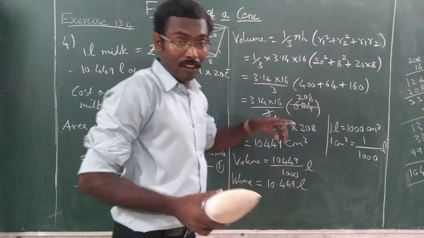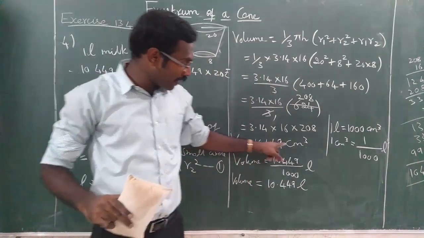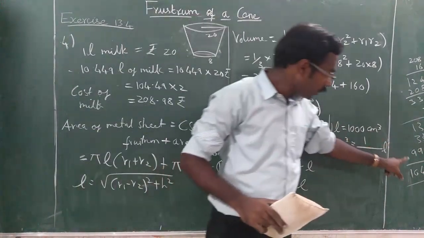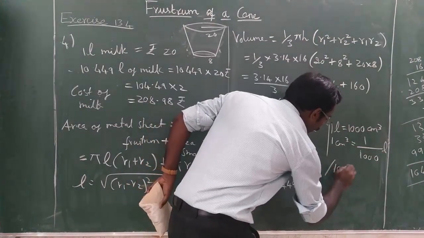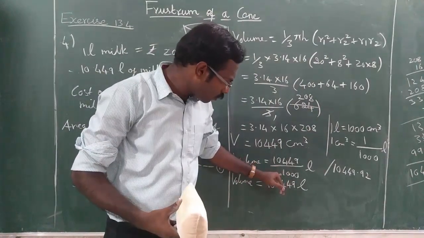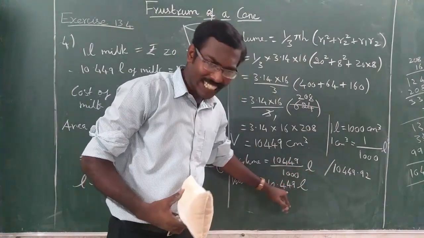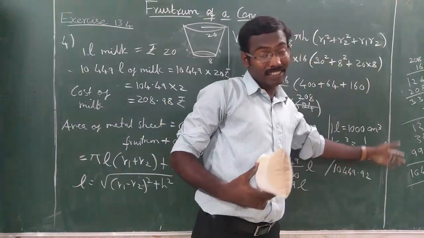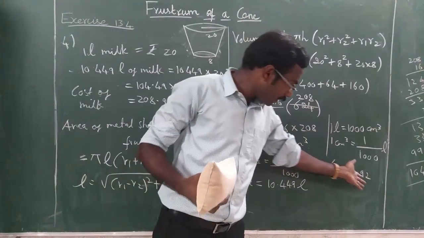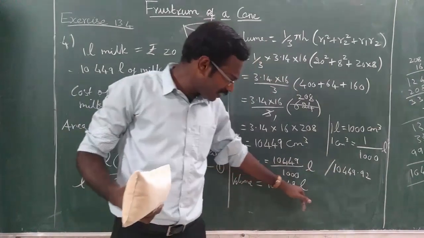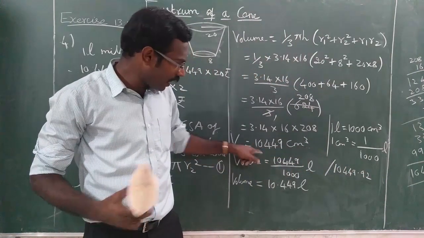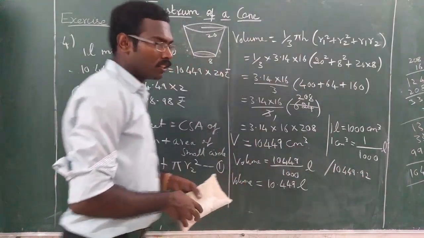So before erasing this, I want to tell you one thing. So here in this volume I have taken the approximate value 10,449. The actual value will come like this, 10,449.92. Okay. But we are dividing by 1000 now. So no problem. I have taken only the 3 digits. If you consider this, it will take 5 digits. No problem. There won't be a big change in the answer. Okay. So don't wonder why I did it like that. If you consider 3 digits, that is also okay. If you want, take 5 digits, also okay. Understood? So I have taken the approximate value. Okay. So now let us continue.